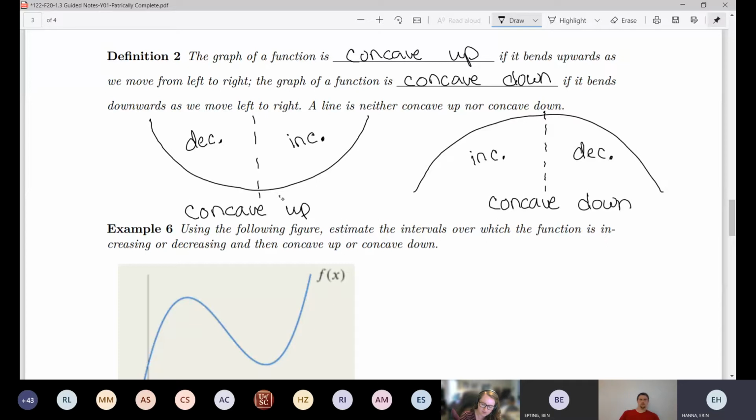I think in terms of concave up, this side makes sense that it's bending upwards because as you go, you're getting steeper and steeper as you're increasing, right? So that side, it makes sense that that's bending upwards. But this side, I think a lot of people have a slightly more difficult time understanding why that's considered bending upwards. So the way I like to explain it is, pretend that this parabola